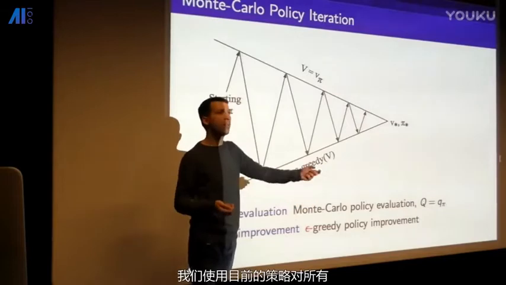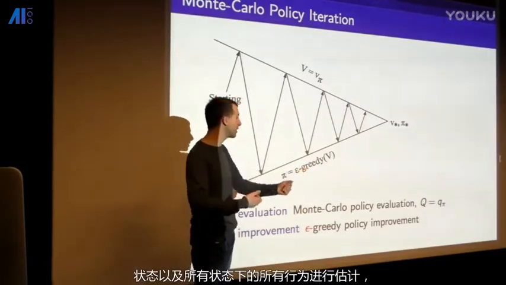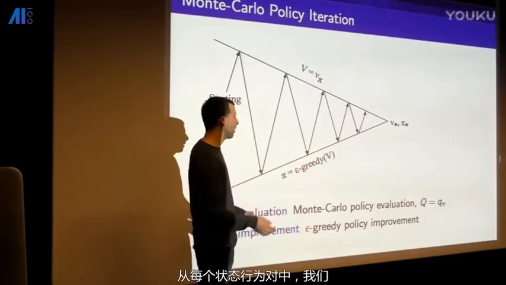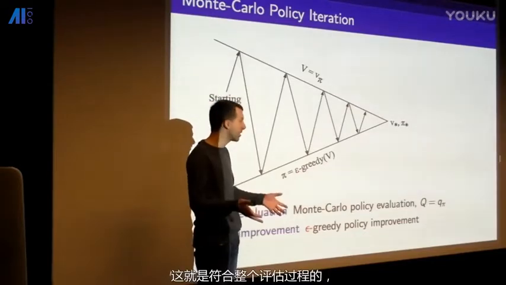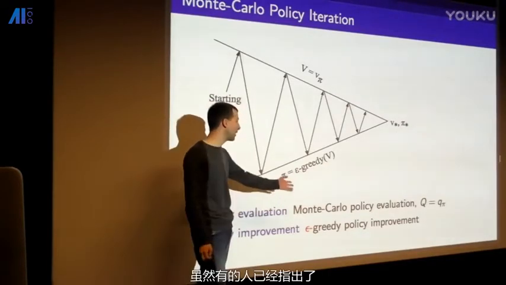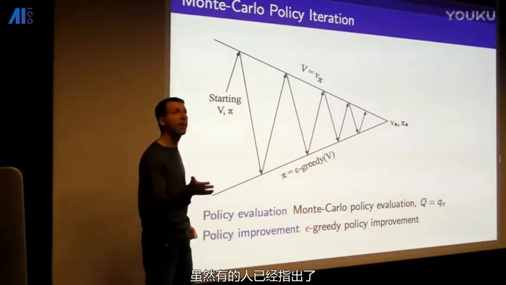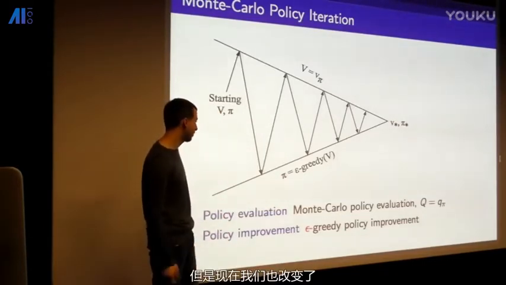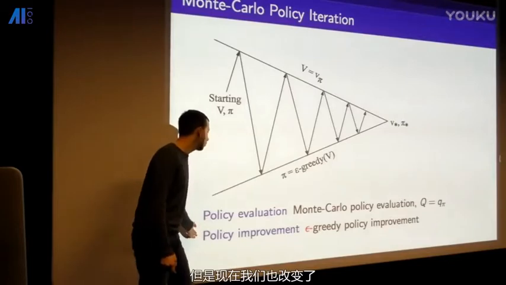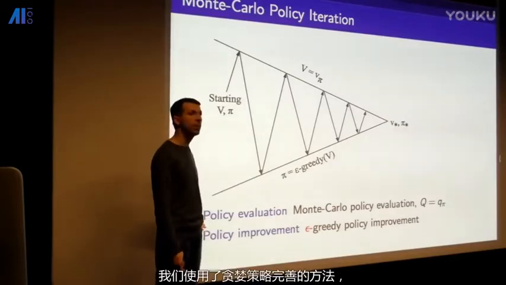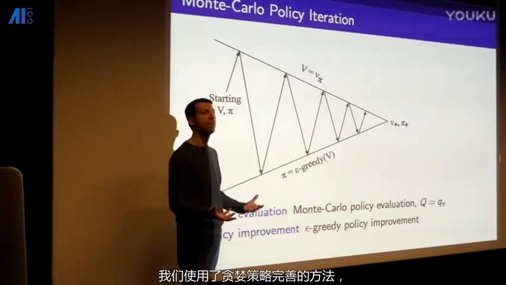We estimate the value of all actions from all states, just from what we've seen. So for every state action pair, we look at the mean return we've seen. That's our evaluation procedure. As someone's pointed out, that might be a little bit inefficient, and we'll see how to improve that shortly. But now, we've also changed our policy improvement procedure to use this epsilon greedy policy improvement, where